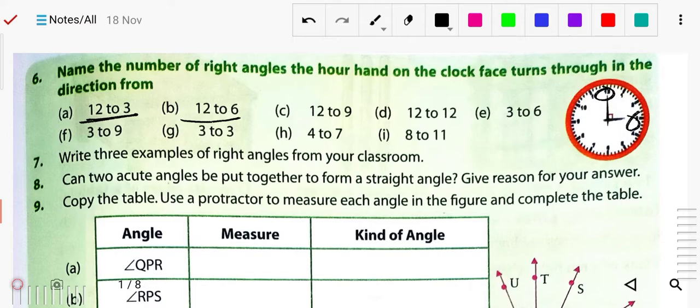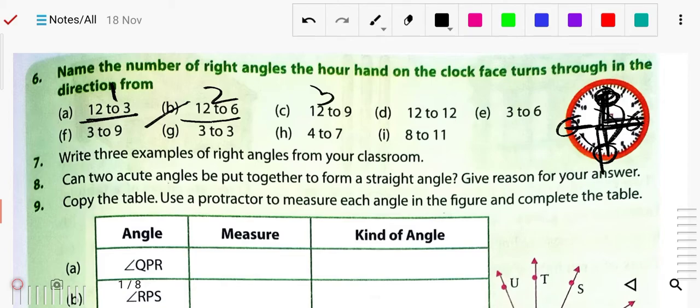So 12 to 6, yes, there is a formation, because 12 will be here and here 12 to 6. Is it the formation of the 90 degree angle? Check that 12 to 6, 12 will be here and now 6 will be here. So how many times will a right angle be formed? First formation will be here, second formation means total is 180. So 180 is 2 times 90 plus 90. So 2 times it will be formed. You can write 2 times. Here, how many times will a right angle form? 1 time. Now 12 to 9. First will be formed here, again here, again here. So how many total? 3. You can write 3.